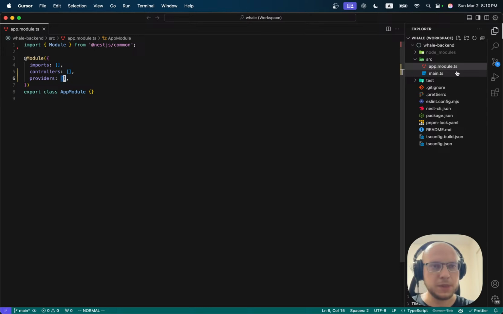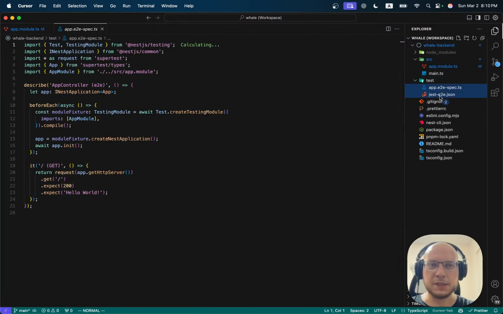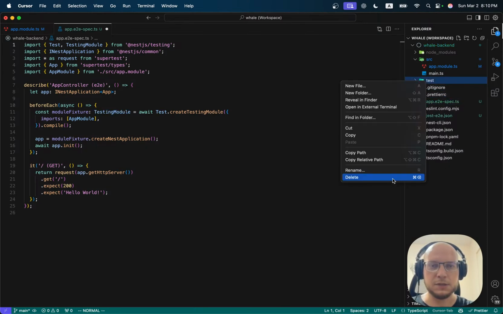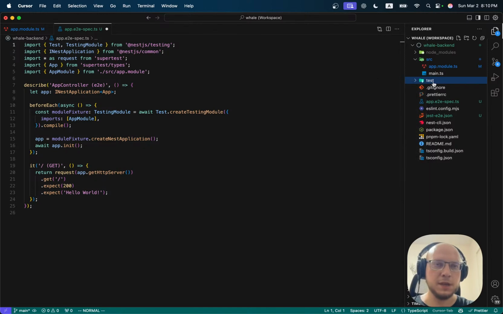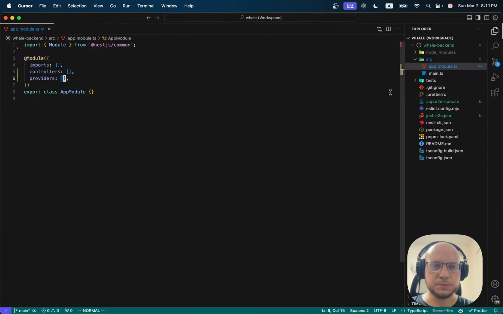And let's put everything from this test folder in the root and remove this test folder. But you know what? Let's not remove it. Let's rename it to tests. It's test s on the end. So all the application tests will be here. And for now it is empty, right? Okay,